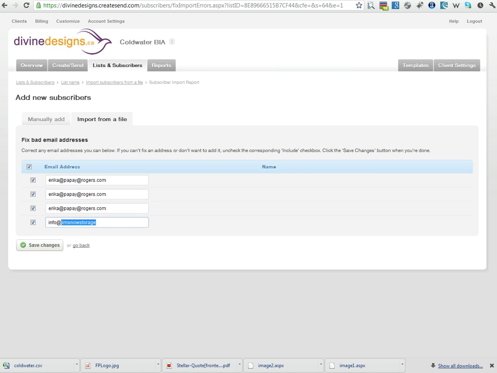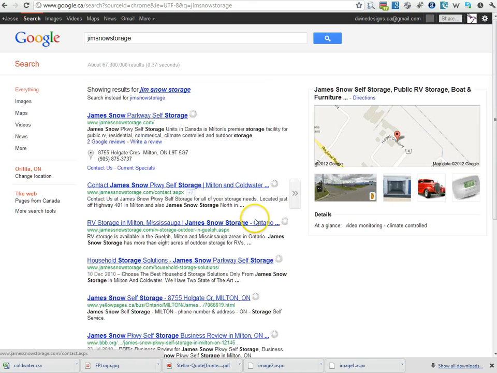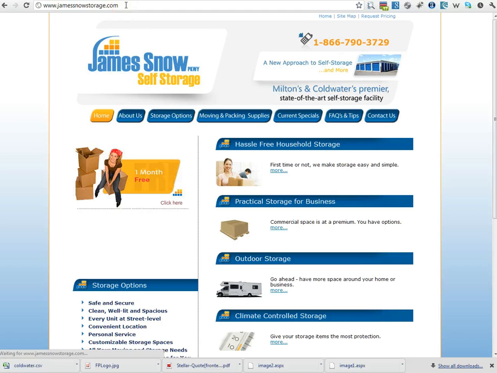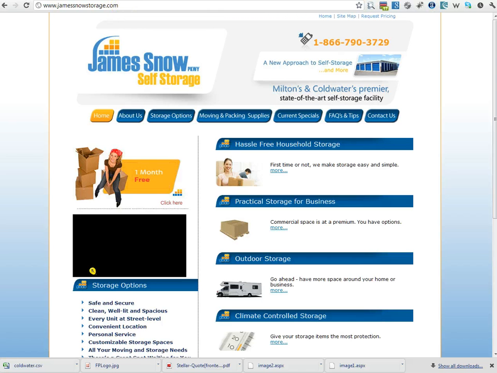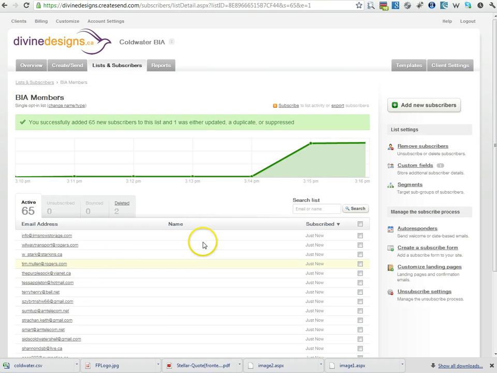info@JimSnowStorage. Obviously there's no .com, there's no .ca or anything, so I'm just going to Google it quickly. JimSnowStorage.com in Milton. Okay, so I'm assuming that is the right one. So we can safely assume that JimSnowStorage.com would be the extension there. So we're going to leave those ones out. Okay, so Jim Snow Storage was added correctly. Okay, so now we can see we have 65